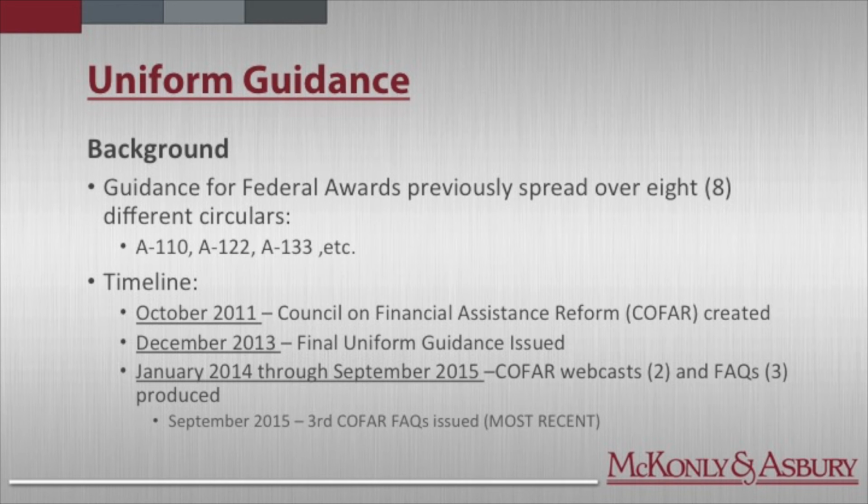But that's another topic. So the uniform guidance took 8 previous circulars, if you remember the A133, the A110, and the A122, and essentially created one document. Us accountants absolutely love this because it's one place to go for all the information, divided into convenient subparts. There are 6 subparts plus some appendices. The first 5 subparts really contain the meat of the uniform guidance and how to apply it from a not-for-profit organization perspective. And the last subpart deals specifically with the audit requirements.